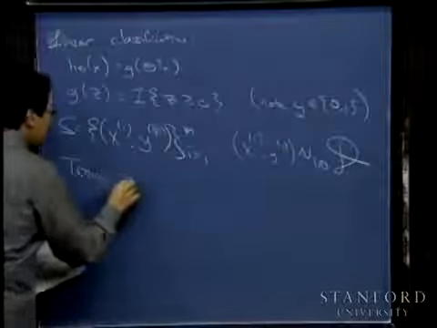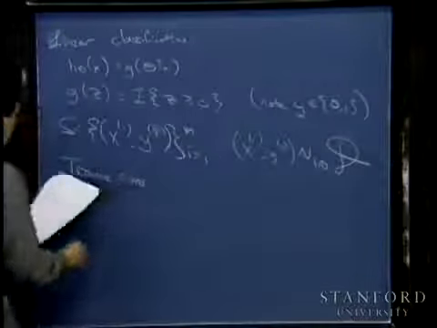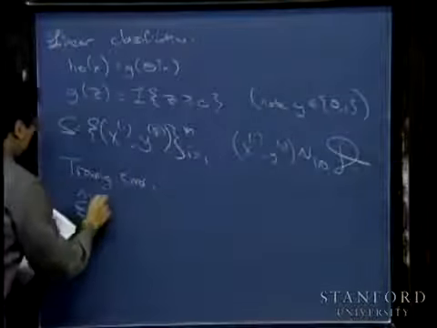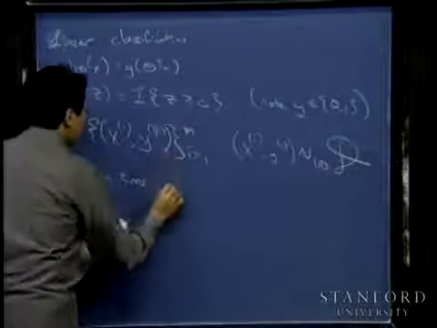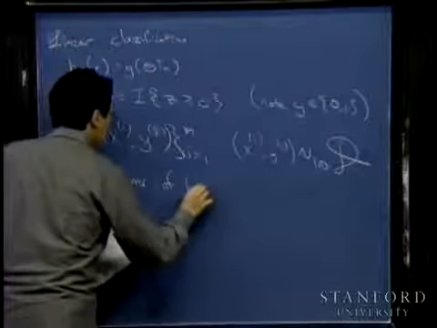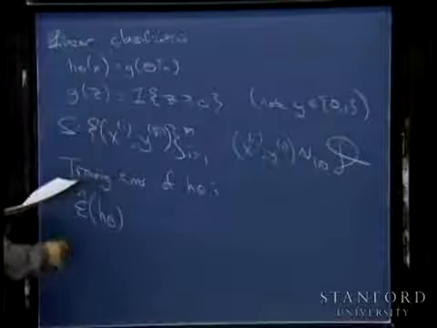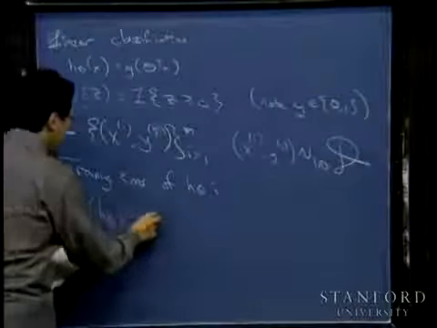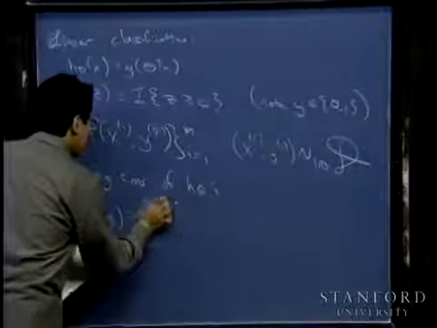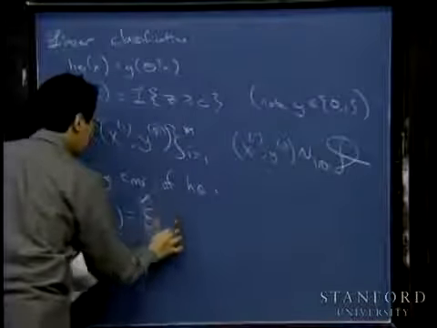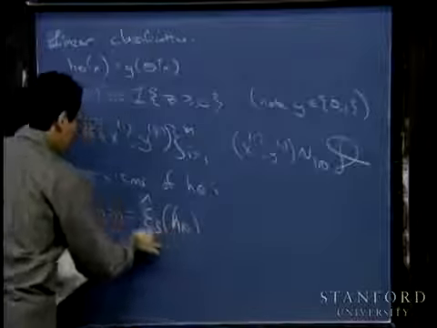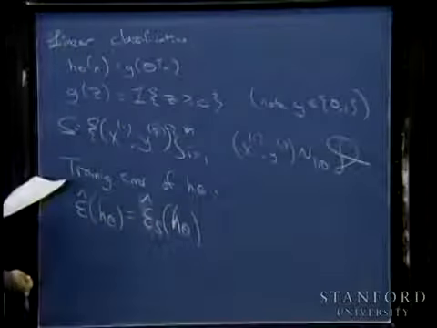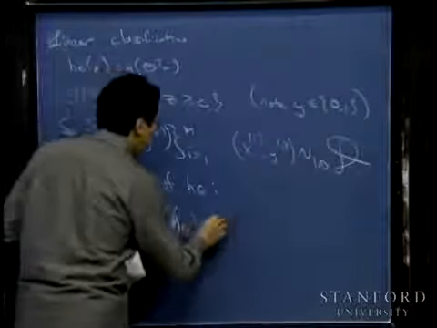So I'm going to define training error as the training error of a hypothesis h subscript theta. So write this epsilon hat of h subscript theta. If I want to make the dependence on the training set explicit, I write this with a subscript S, where S is the training set. And I'll define this as